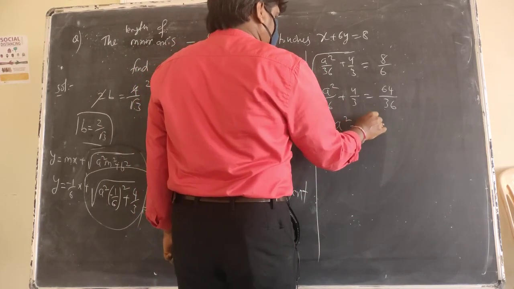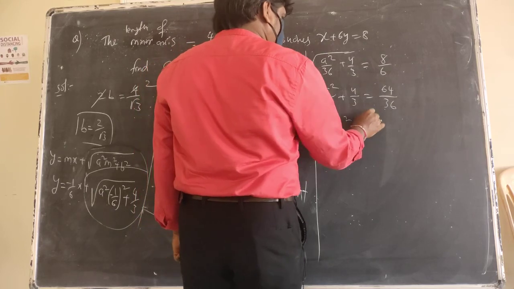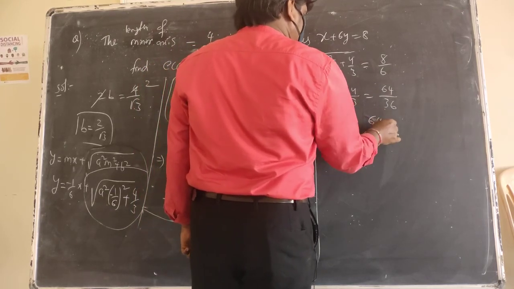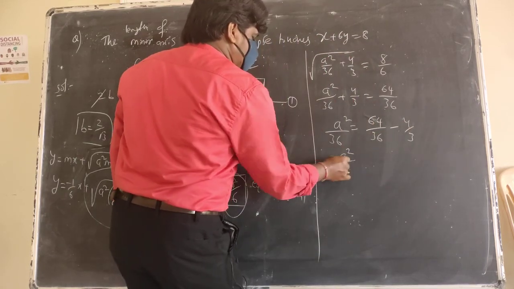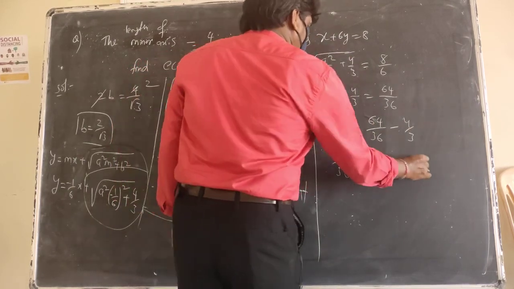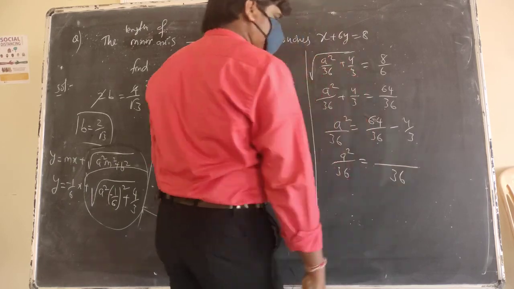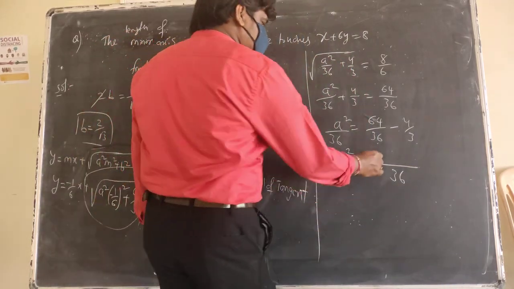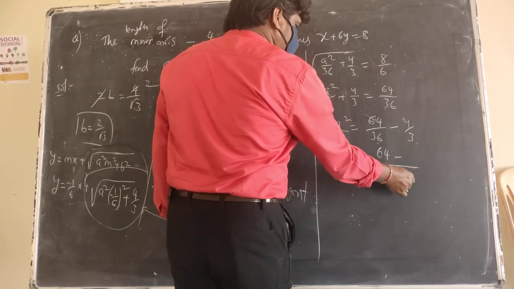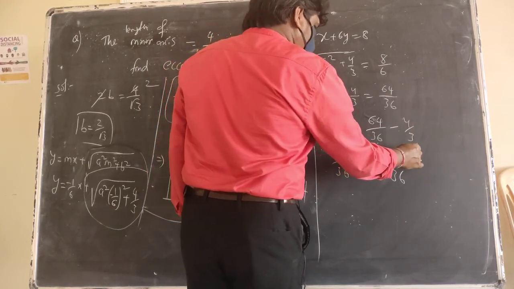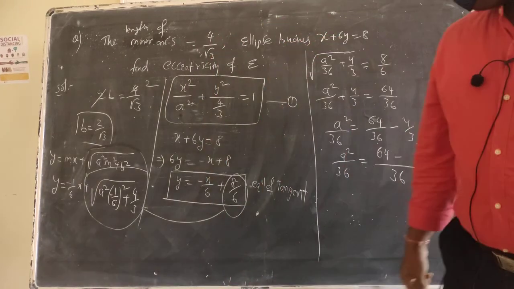a square by 36 is equal to 64 by 36 minus 4 by 3. 36 is the LCM. So I get 64 minus 3 times 12, 4 times 12 is 48, right? What do you say? 64